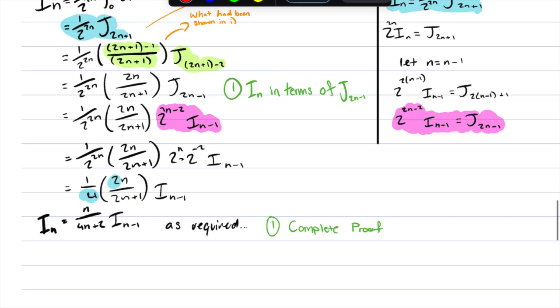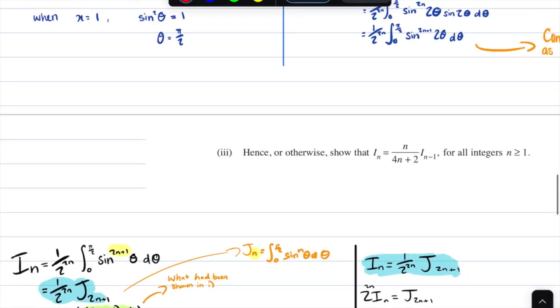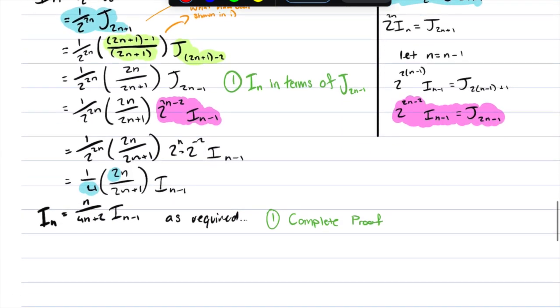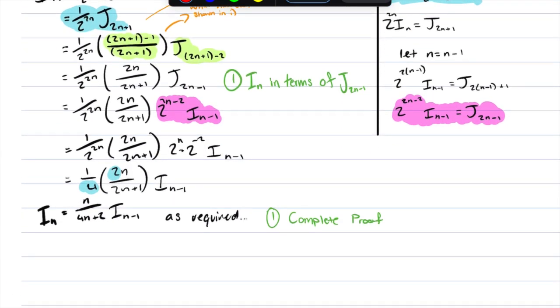From this, we get 1 over 2 to the 2n times 2n over 2n plus 1 times what we had found over here as J_{2n-1}, which we saw is equal to 2 to the 2n minus 2 times I_{n-1}. This is promising, as in the question we are asked to put an I_{n-1} term in. Further simplifying this down,